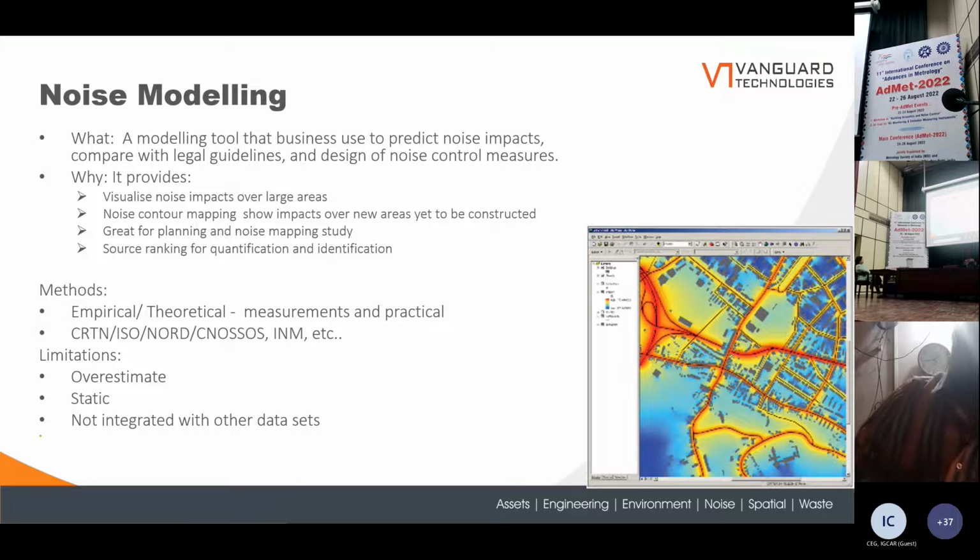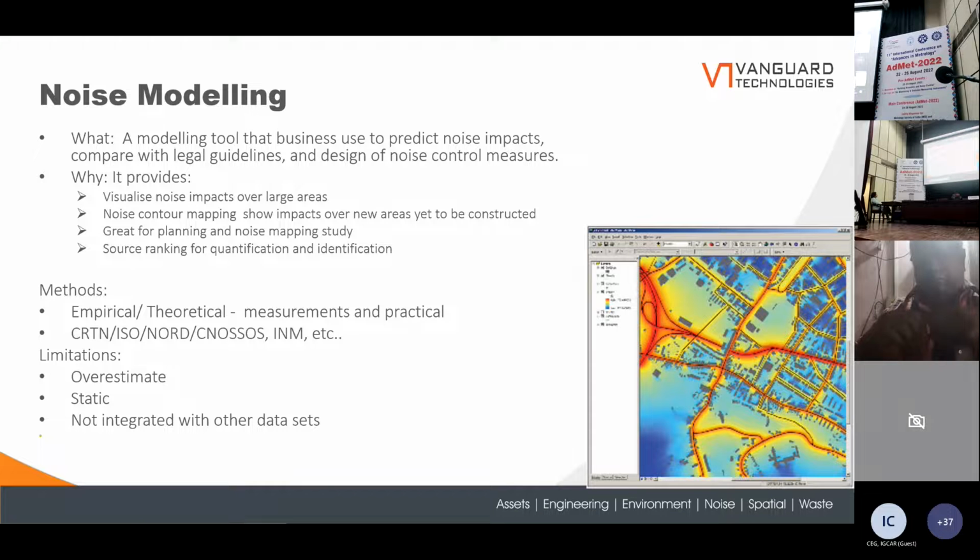The contour is very visual, so you can show the impact of new areas to be constructed. Particularly if you're putting in a new road or a new industrial area is being developed, it would be beneficial to do a noise mapping so that you can understand the impact, and then you can take corrective actions. How do I mitigate, whether you put noise walls and things like that on a freeway? It's a great tool for planning and mapping of the area to do the study,